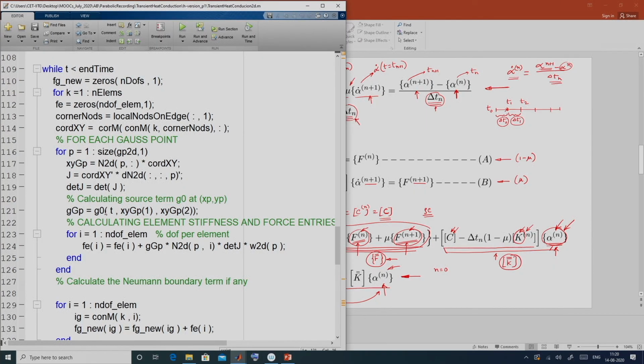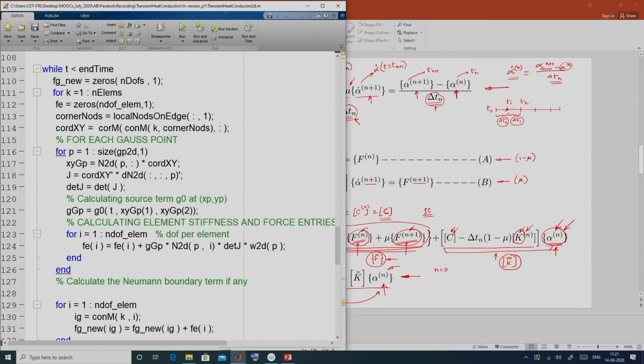So, that is why we have defined this heat generation term as a function of time t as well as x and y. For the Gauss point we are calculating the heat generation term, G naught, or you can say R, and then we multiply R with the ith function, because the term contains R phi I d omega.